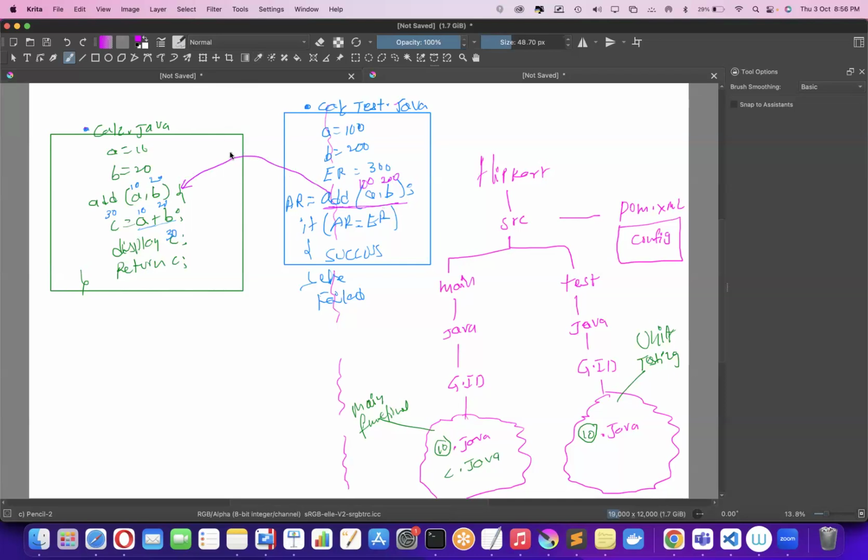And then it will send input 100 comma 200 to this particular add function. Now what is the value of A? 100. What is the value of B? 200. What is the value of C? 300. Correct. So C value has 300. And then it is returning C. So it will return